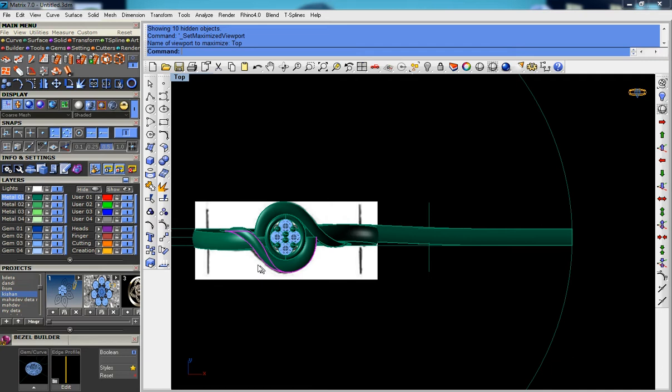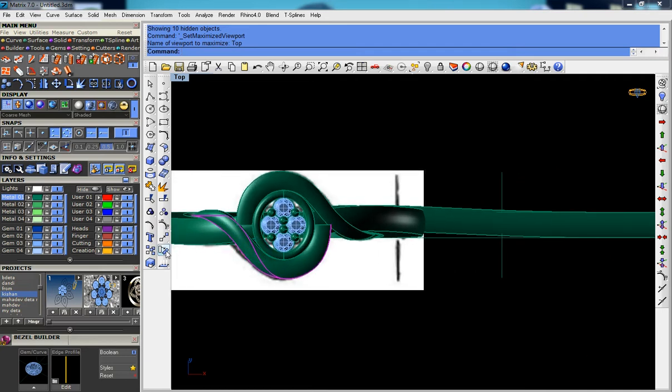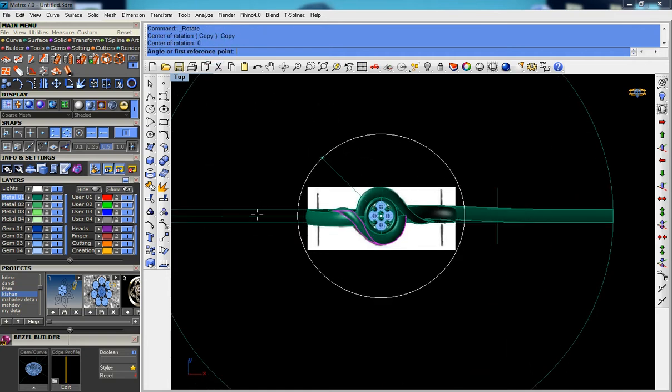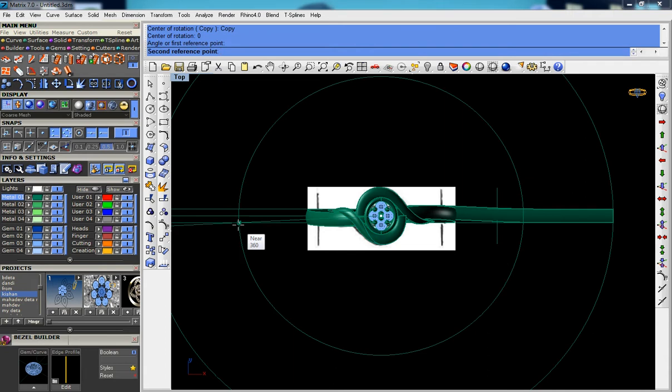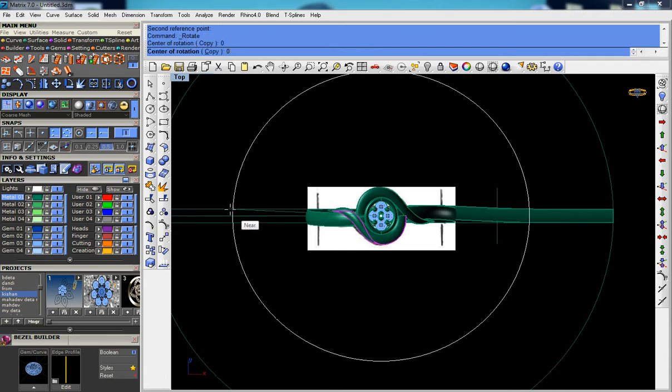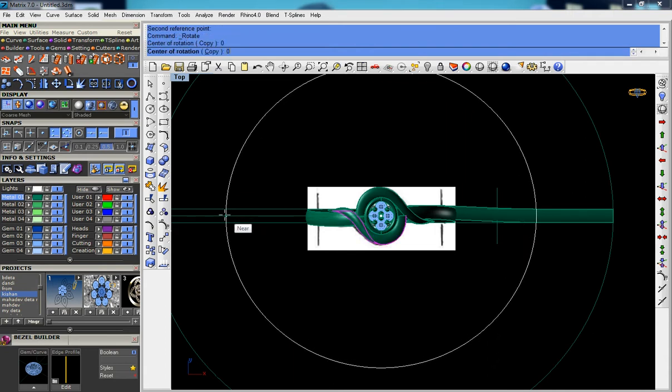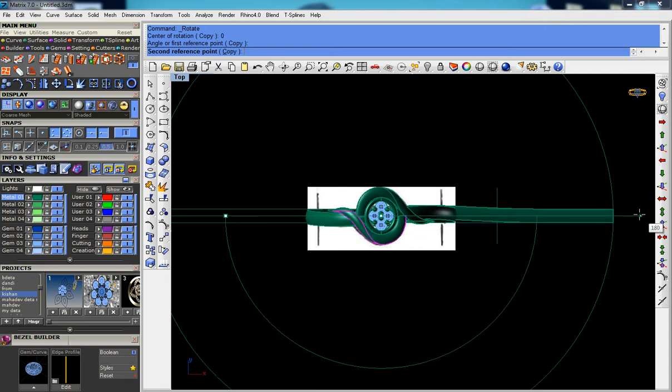Now make it rotate. Now I make it rotate with a copy option from this side, 0, enter, this side to this side. Okay,